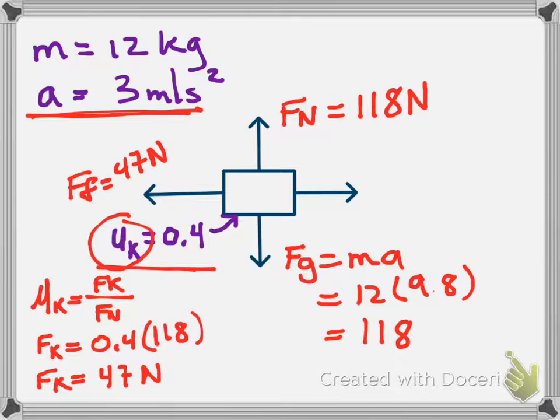So we're going to take a look at that. Our F net is going to equal mass times acceleration. We know the mass here is 12 kilograms, and then we're going to multiply that by 3. So that's actually going to equal